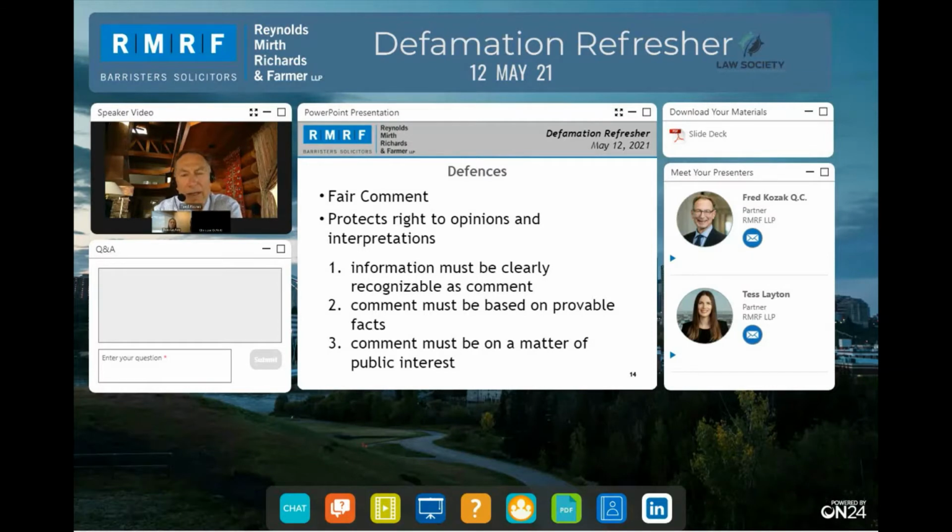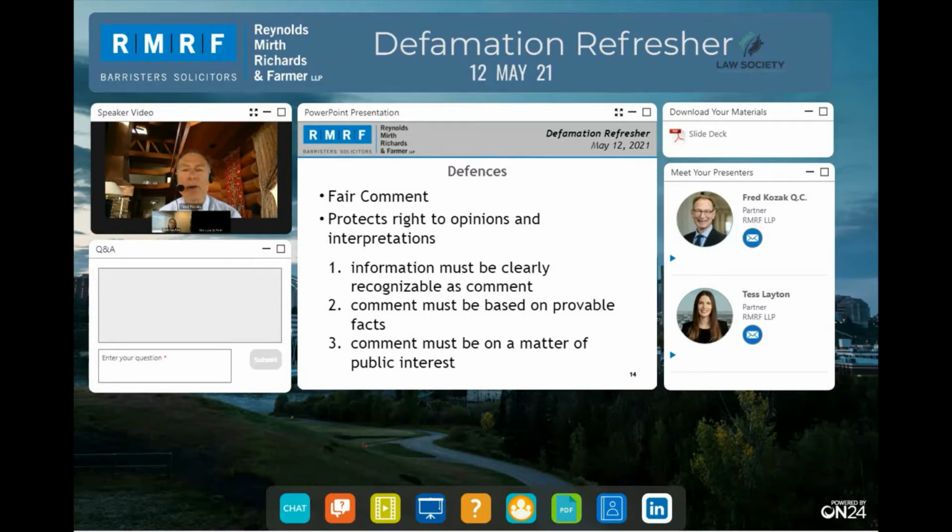I know I'm hurrying through these defenses, but many of these are fairly straightforward, and I'd be happy to answer any questions. So the next defense, fair comment. I don't like the name. It should no longer be known as the fair comment defense. I think it should just be labeled opinion or comment. And it protects a speaker's right to express an opinion or a comment about some aspect of life. And so if you think of a restaurant review or a movie review,